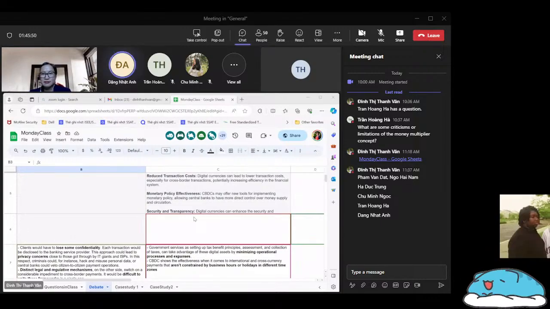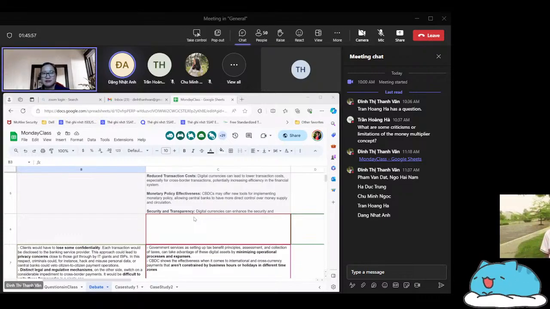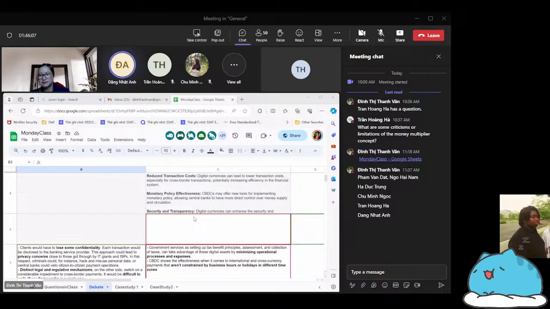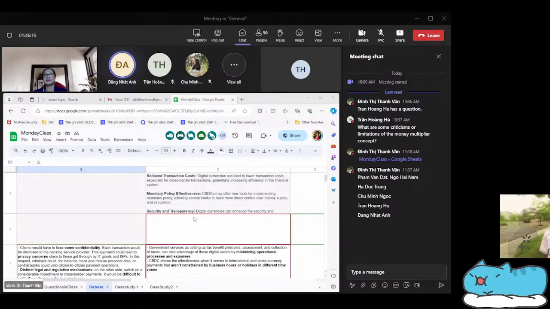And furthermore, there's often a lack of clear regulatory frameworks governing digital currencies. More complicated, right? In Vietnam, yeah. Appropriate regulations to prevent misuse, money laundering, and ensure consumer protection can be challenging for government and regulatory